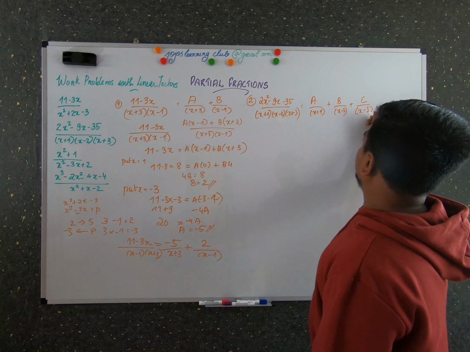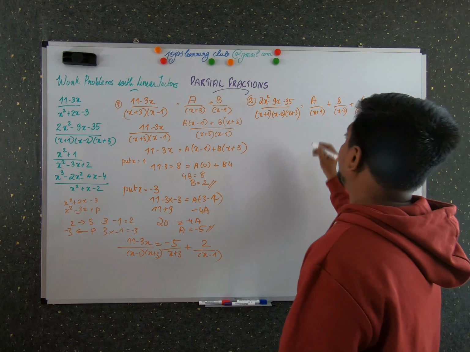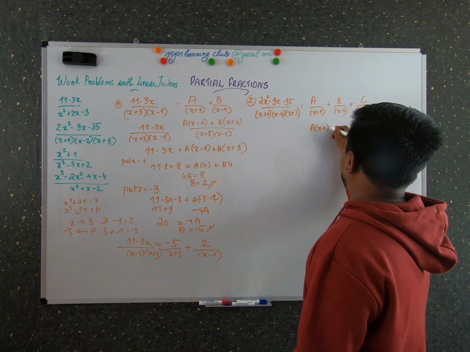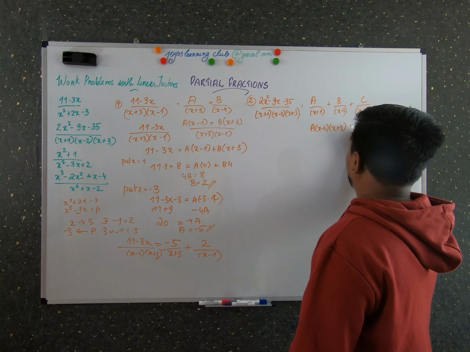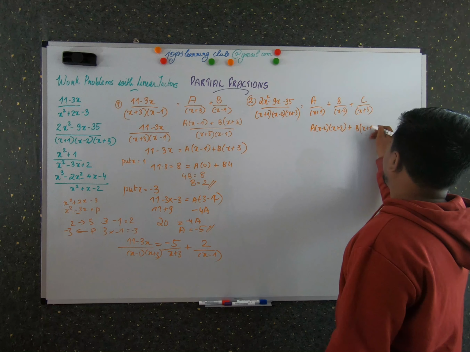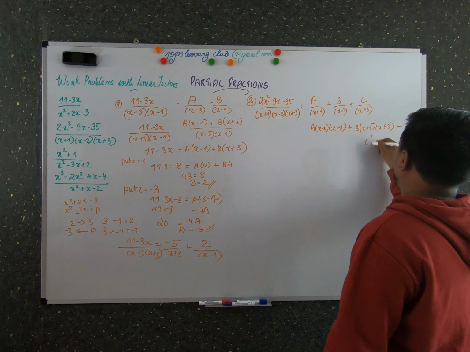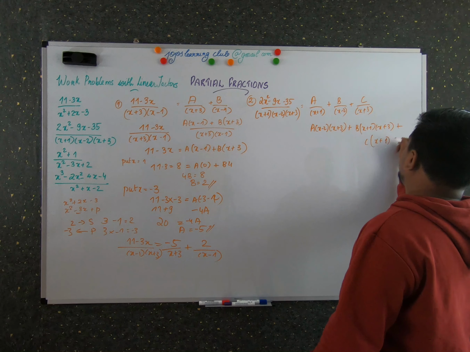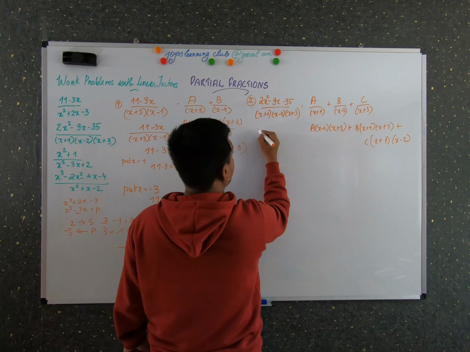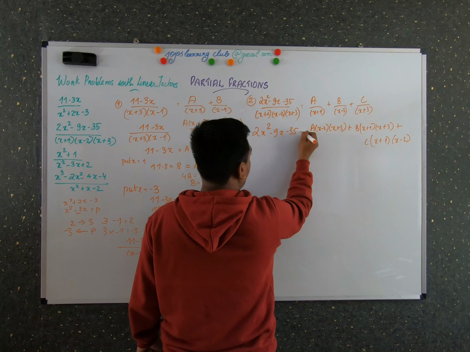Sorry, what was the problem? See, small mistakes I make, then it would be entirely different. So now I am going to cross multiply, right? To make the denominator the same, I have to multiply this with (x minus 2) and (x plus 3). Here plus B, what I have to do, (x plus 1) into (x plus 3), and here plus C into (x plus 1) into (x minus 2), right? And I am not going to write the denominators on this term because it will take a lot of steps to write. So I am just stopping over here.